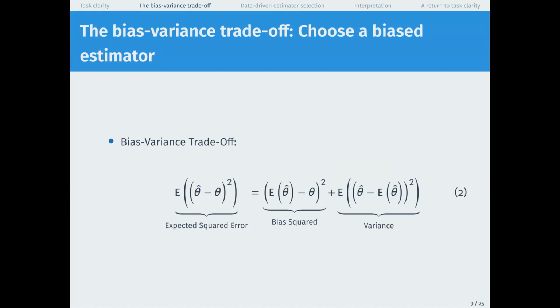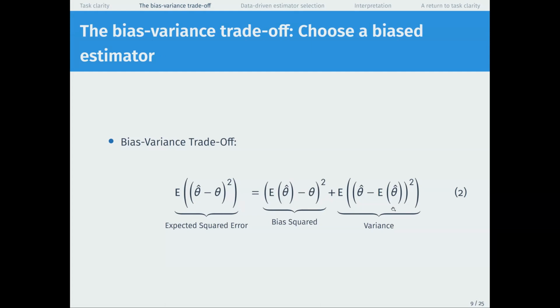So it turns out that that squared difference can be decomposed into 2 components. So the first component here is squared bias. So this is the difference between the expected value of our estimator across repeated samples. So on average, if I repeatedly sampled 2 students from classroom 1, what would my estimate be on average for the mean score in that classroom? Minus the true value for the mean score in all the students in that classroom. So that's our bias term that could then be squared to make it positive.